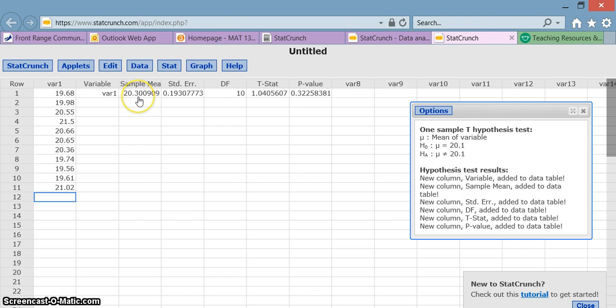The sample mean is 20.3 out of our data that was in our variable 1 column. The T-stat, so the test statistic, if you're doing the classical approach, is 1.041 rounded to 3 decimal places, and our p-value is